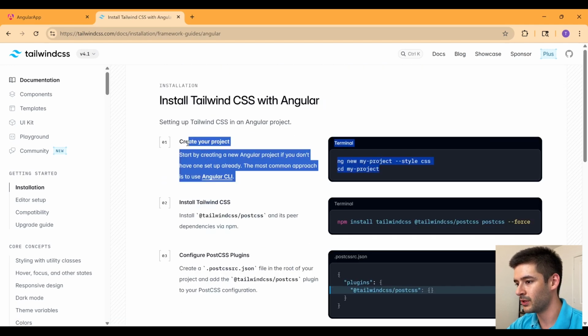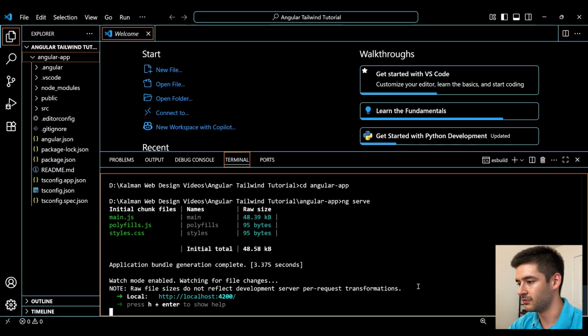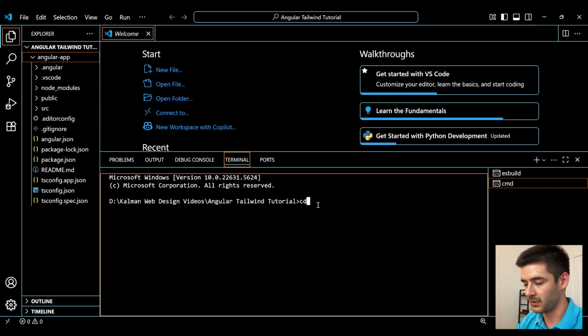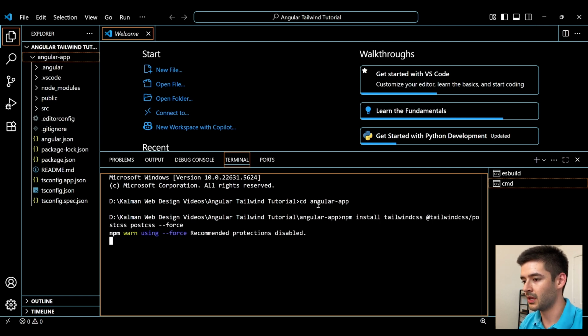Here, the first step we already completed because we already created our project, so we'll go ahead and skip that for now. So we're going to move on to step 2 right here, which is the installation of Tailwind CSS. So I'll just copy this line of code, go back to Visual Studio Code, and open a new command prompt. Make sure to cd into my Angular app directory, paste in that command here, and just go